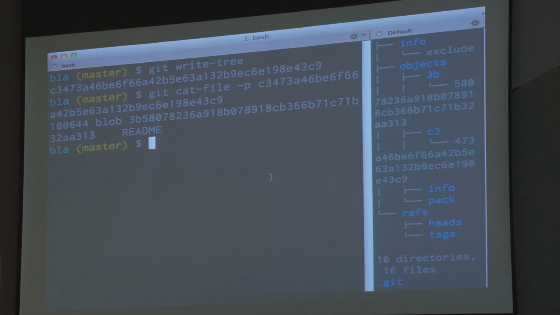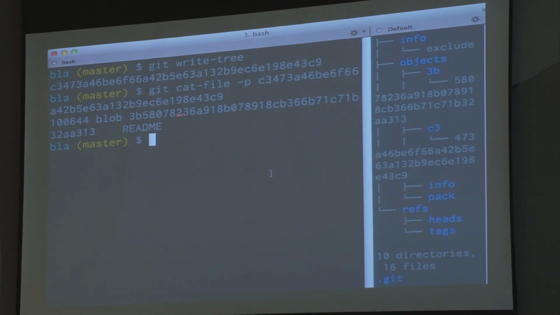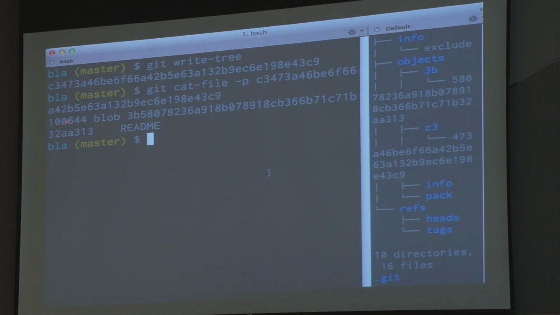What Git does, it now writes out a single string, which is, this is basically your Unix file permission, 644. It writes the word blob. It writes the SHA of that blob. It writes the file name of that blob, takes this entire string, and SHAs it up to create the SHA of the tree.